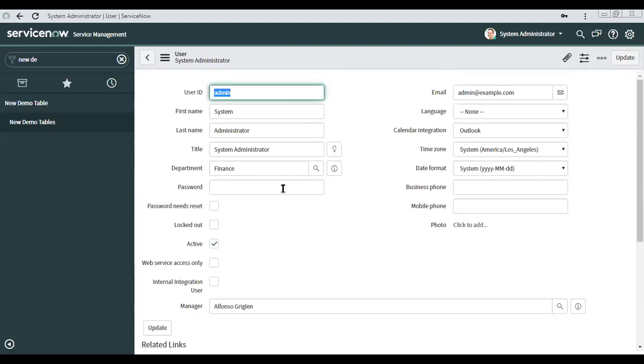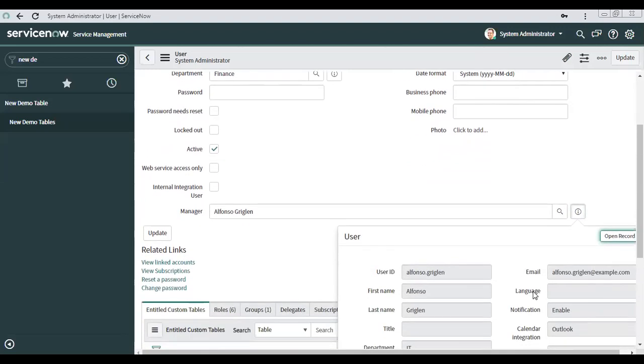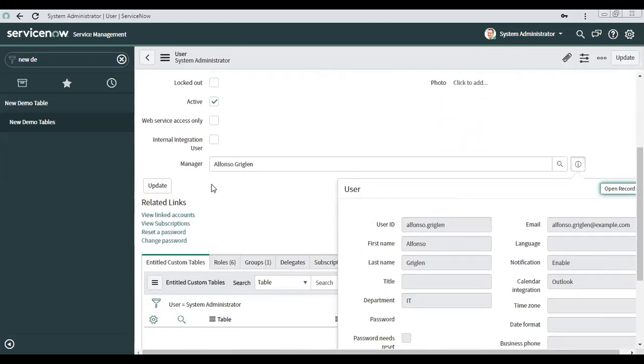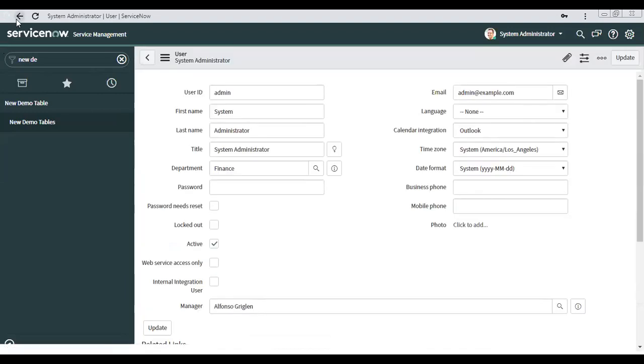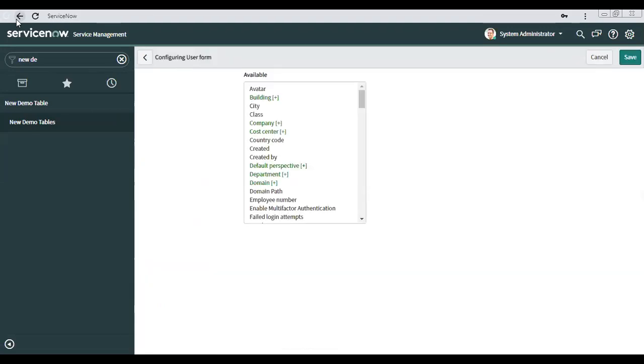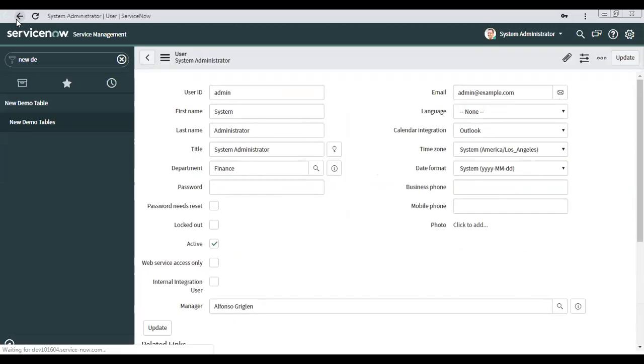A user can be manager for another user, right? So it will get access to all the fields of that table, right? User table. Yeah, by clicking on plus. Okay. Yes, it can access all the fields of the user table for this particular user. Basically, system admin is a user and the manager field of system admin is referring to another user, because manager will also be a user only, right?